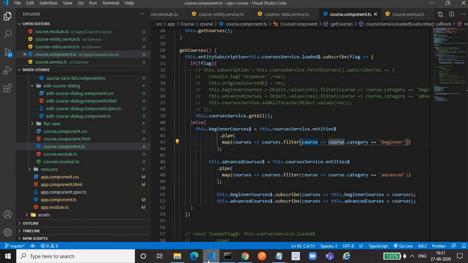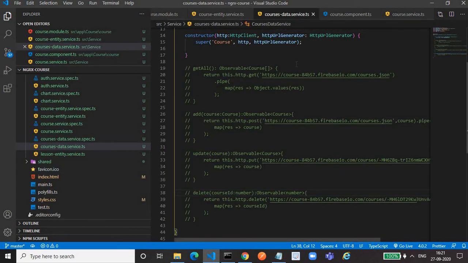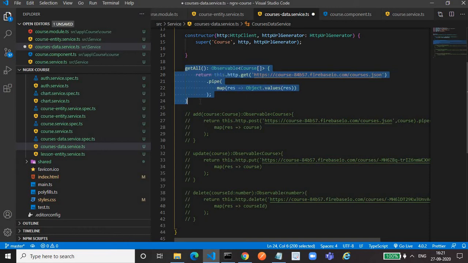So in this case, our API URL is different from the API URL that NGRX data is expecting. So that's why we have to override this getAll method. We can override this getAll method in the courses data service using this function. Okay, let me uncomment this.